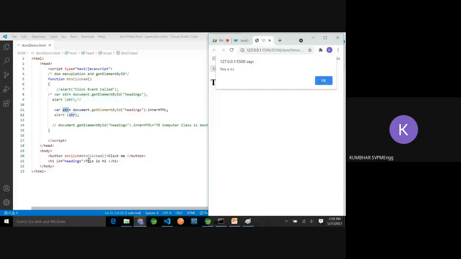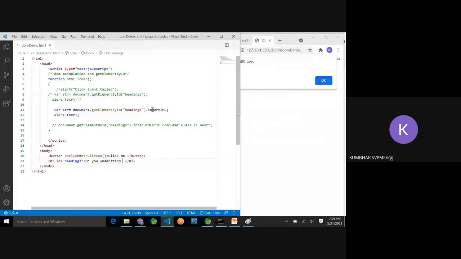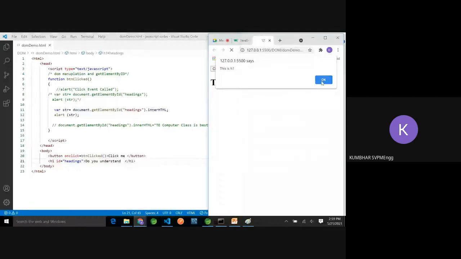The document object can reach the text node with the dot inner HTML attribute, and that's why this is printing, this is H1. So tell me, do you understand this dot inner HTML attribute? Yes, sir. Great.